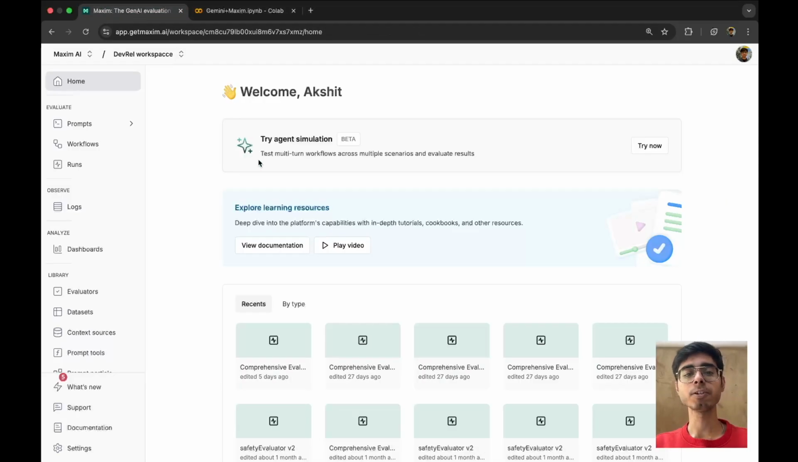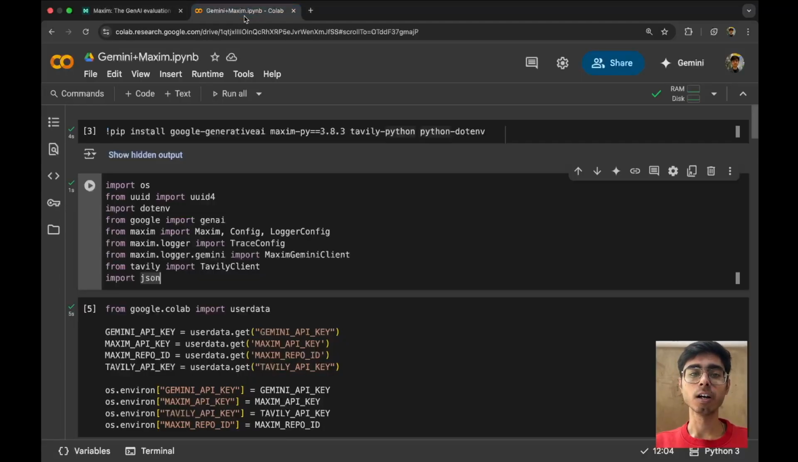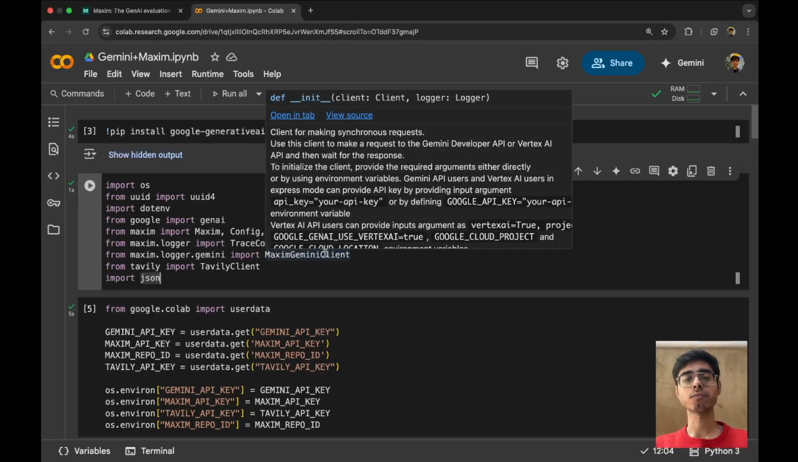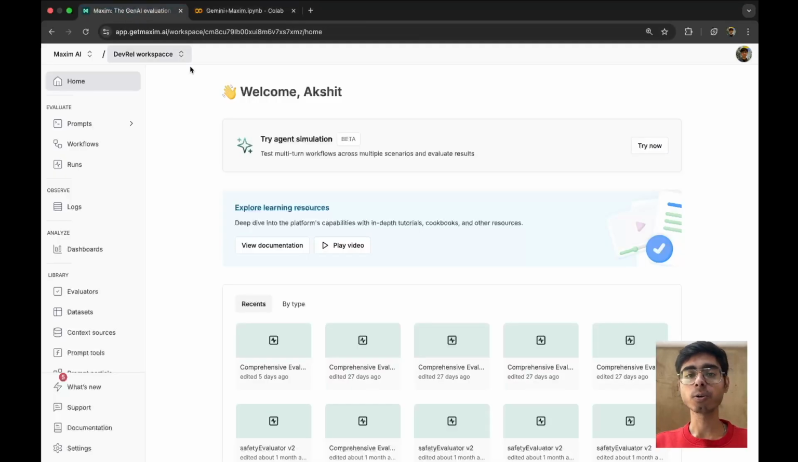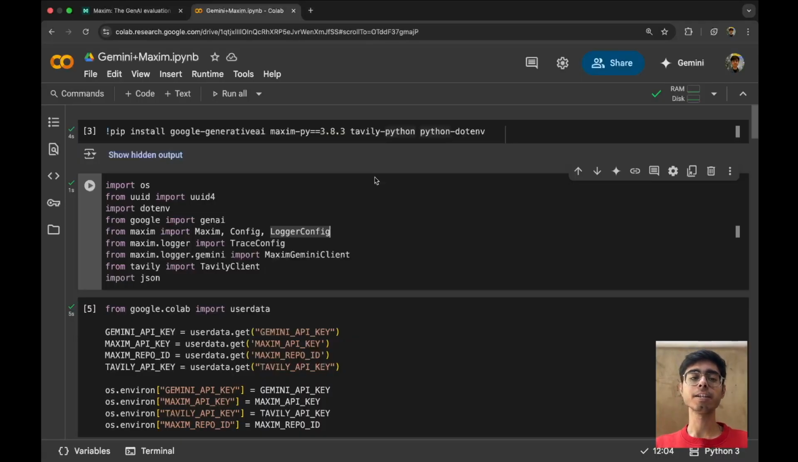In this video, I'll be showing you how you can use Maxim's one-line integration for Google's GenAI package, so that if you are dependent on Google Gemini and the GenAI package for your LLM calls, then you can share your logs and traces with Maxim, where you can run node level evaluations on those traces, and you can also properly visualize those logs and traces. So I'll be creating a very simple agent which has a tool for fetching the current